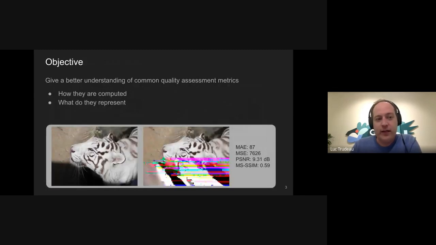So my objective here is, and I think you've probably all had this situation, you have your source image, you have a distorted image, and then a bunch of numbers next to it. And we all know these numbers. We all know their names. Some of them are more famous than others, but maybe we don't know exactly how to interpret them or how they're computed or what the values actually mean. That's what I want to go over tonight with everyone. So, get a good feel of what these values are, where they come from, and how we can better understand how to use them.